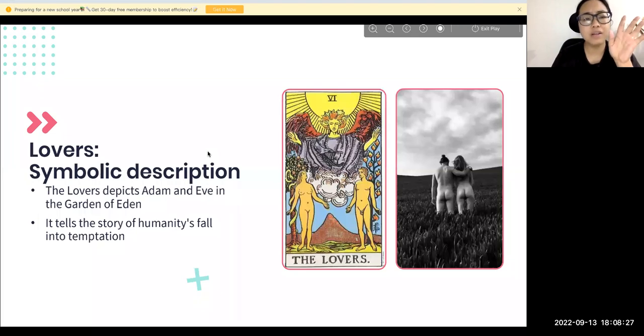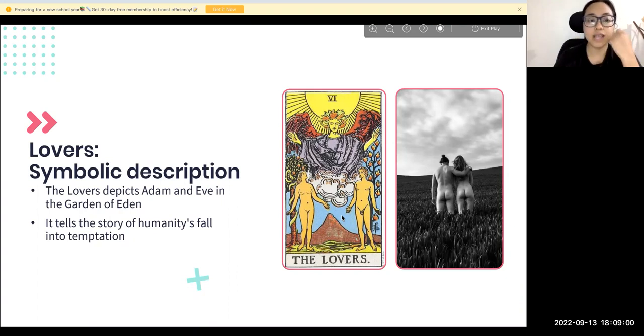Card reading is a very small part of the tarot. You can only do card reading when you understand the symbolism of the card. That is why I'm emphasizing a lot on these assignments and understanding the symbols. What does this symbol signify? What are the pictures inside the card? Each picture, the symbols, the colors represent a lot of things about our life. So if you don't understand that, then it is very difficult for you to do the reading, correct?